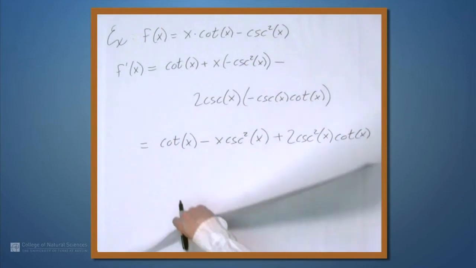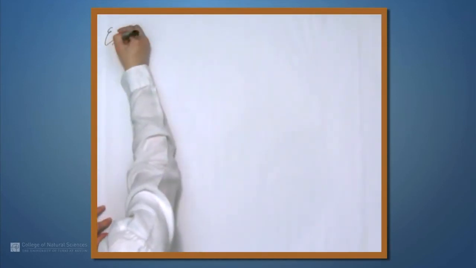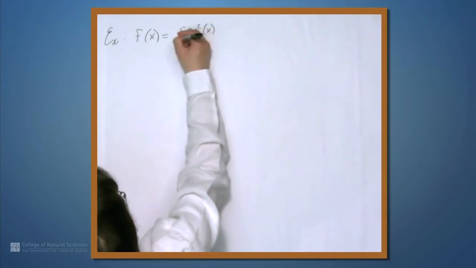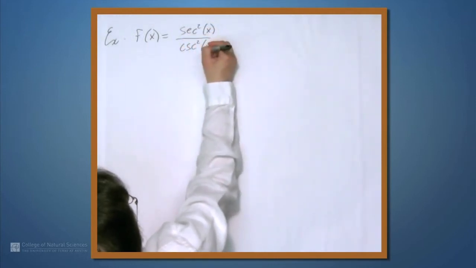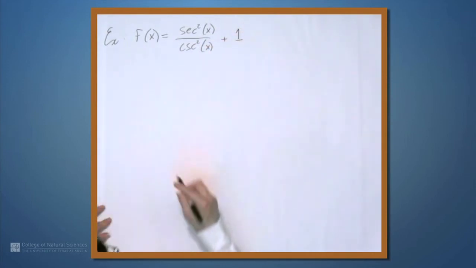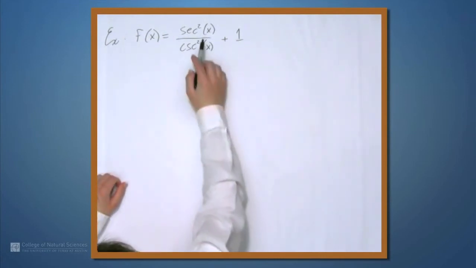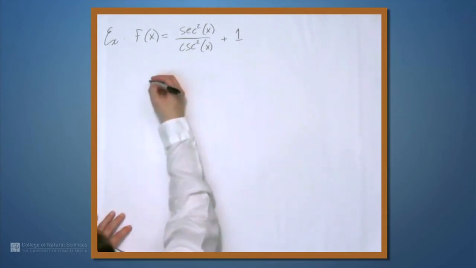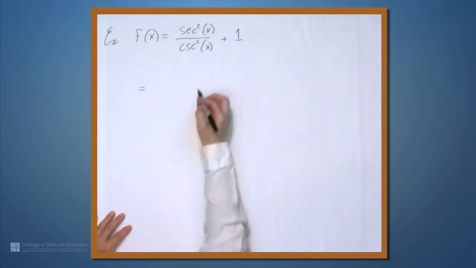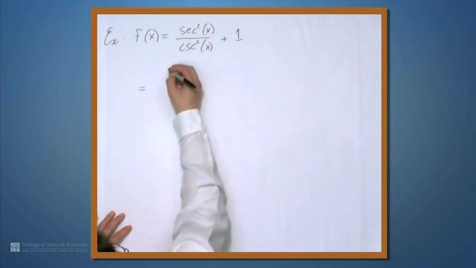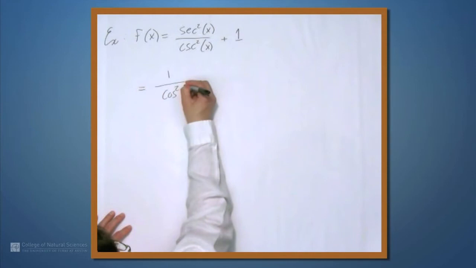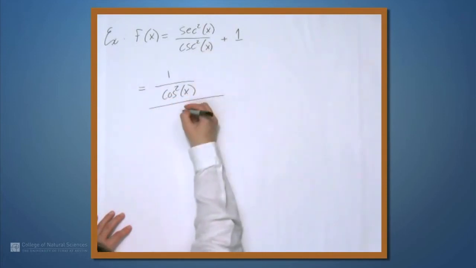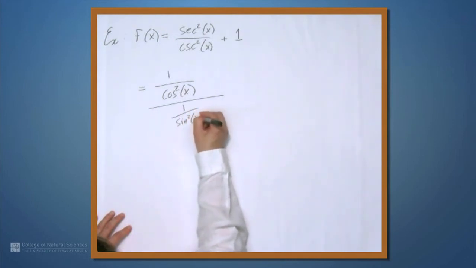Let's do one more example. Here, let's let f of x be secant squared x divided by cosecant squared x plus 1. So what would we need? We'd need the power rule, the chain rule, and the quotient rule here. But let's see whether we can simplify this a little bit first. This is equal to what? Well, secant is 1 over cosine. So secant squared is 1 over cosine squared of x. Cosecant is 1 over sine. So cosecant squared is 1 over sine squared x